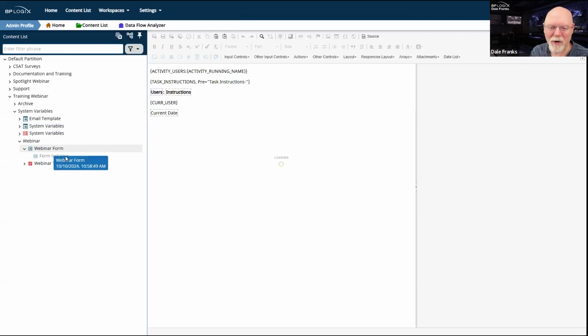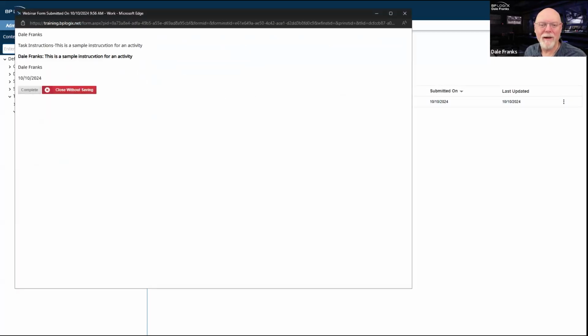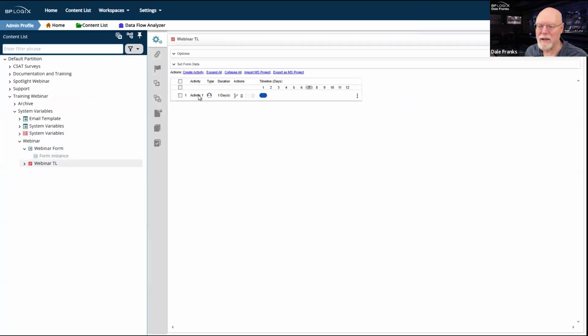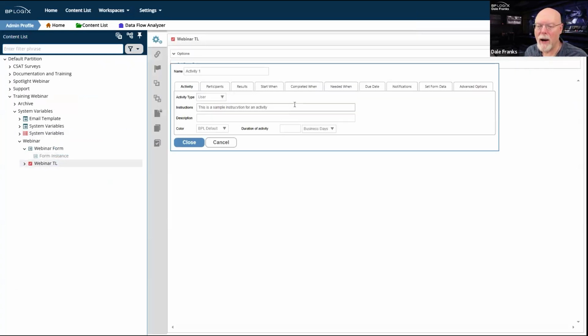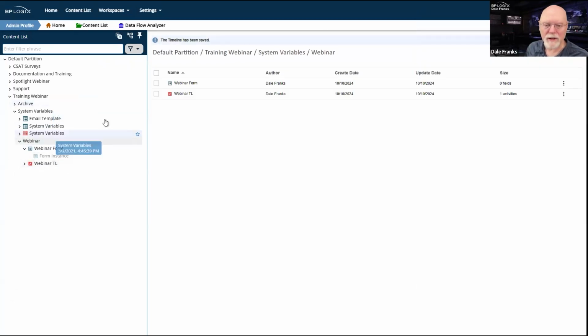And I closed the form instance again because of course I did. That's fine. We'll go back in and reopen it real quick. Well, as soon as it saves, for some reason I'm saving very slowly today. There we go. There's my task instructions. So I have pre, post, and null. So let's complicate things a little bit here. I'm going to go back and I'm going to delete my task instructions. So I've forgotten to put task instructions for this task.